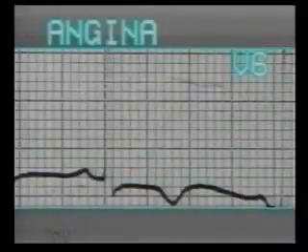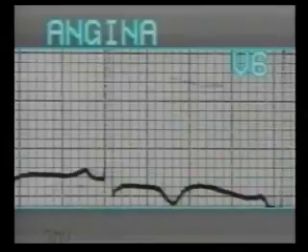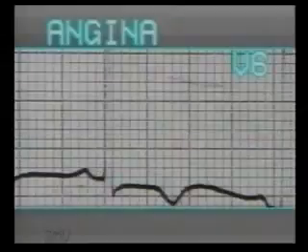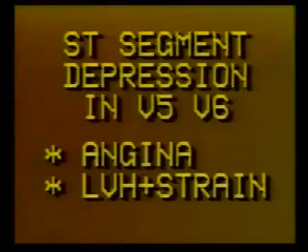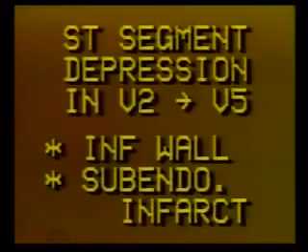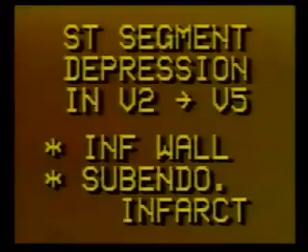A mild ST segment depression in V5 and V6 with low amplitude or inverted T waves is a typical feature of chronic angina. Mild ST depressions in V5 and V6 with inverted T waves is usually due to chronic myocardial ischemia or angina. So ST segment depression in V5 V6 suggests coronary artery disease or left ventricular hypertrophy with strain. In absence of ventricular hypertrophy, it strongly suggests myocardial ischemia.